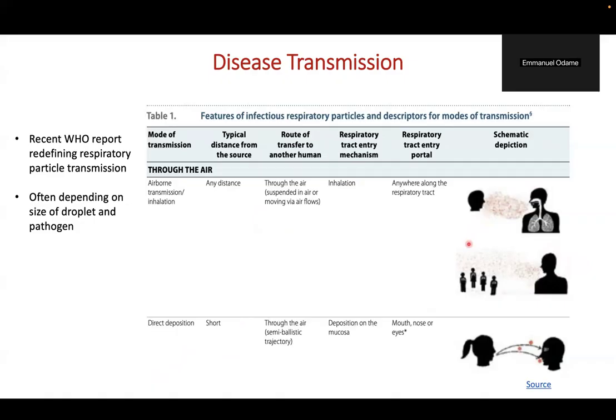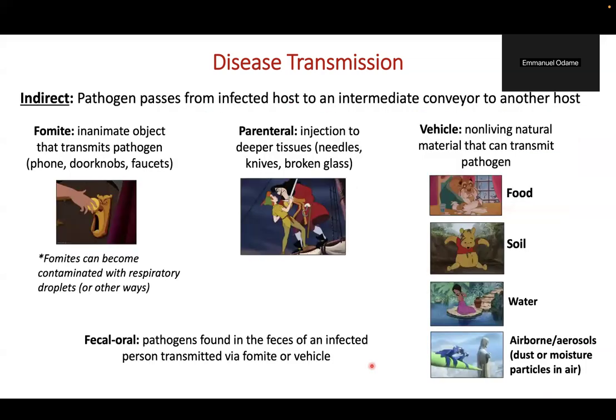And then you have to come a bit closer. This one, you have to come a bit closer to the person, where you have a direct deposition in your mucosa, mostly through your mouth, nose, and eyes. This is more common when, say, you kiss somebody, and this is a more common way of transmission. So now that we've understood this, let's talk about the